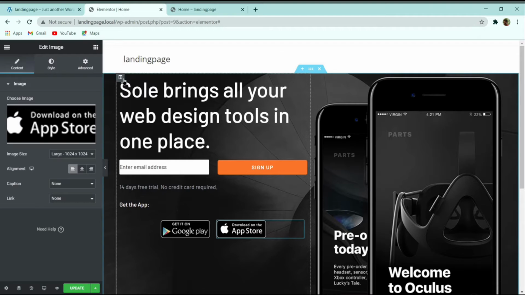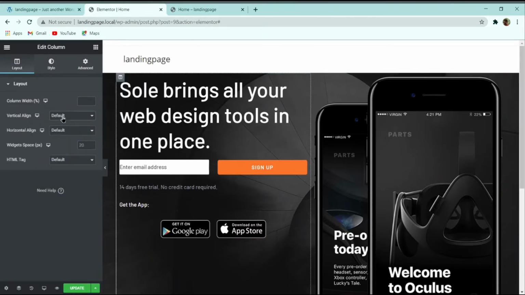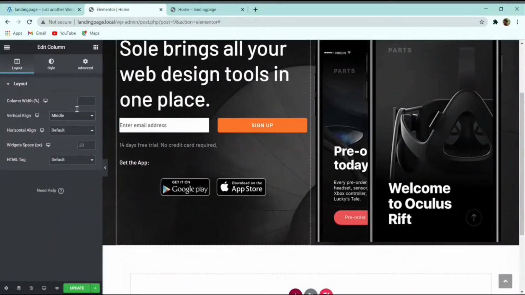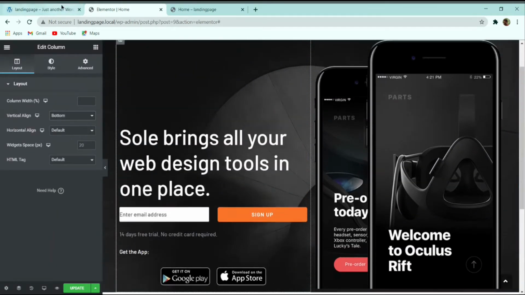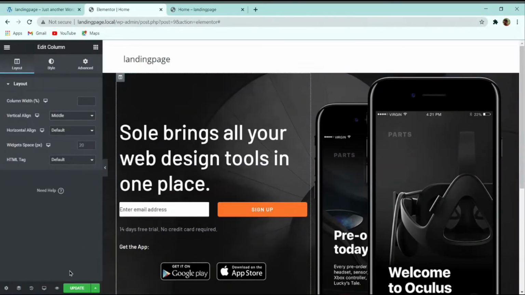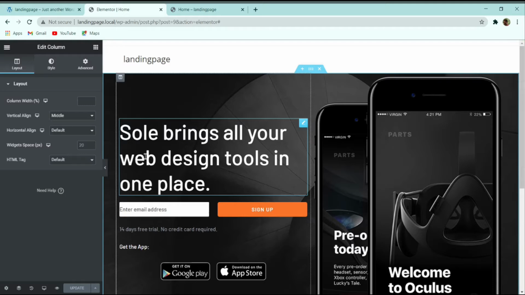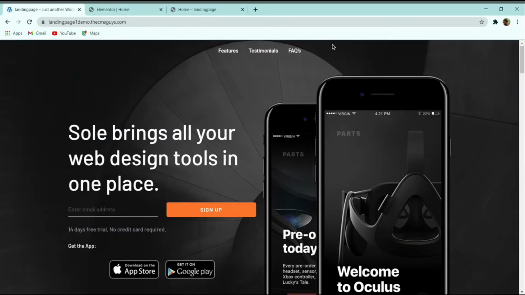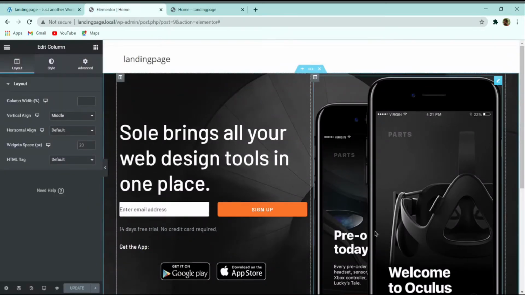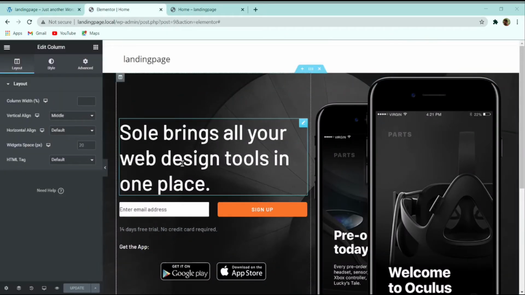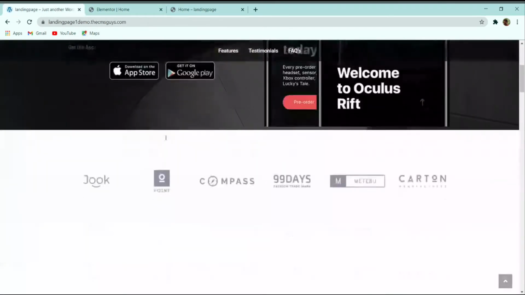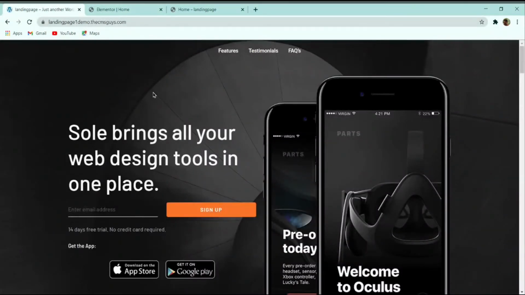So what changes are necessary now? Here you can see that we have to go to this edit column option, and here vertical alignment you can make it middle, or if you want, you can make it bottom also. But here it is middle, so let me select middle, and then click on update. Now you can see that there is a huge gap between this image and the top, because there is a padding added over here. But now I am not adding the padding, because at the end, when we have completed the complete website, after that I am going to add the padding.